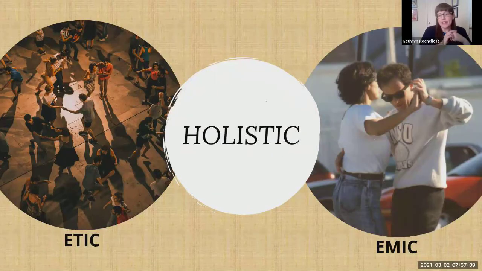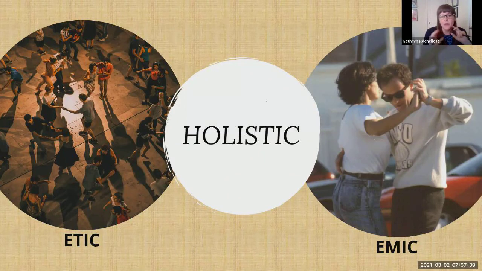So anthropology is really useful for looking at dance because we use two lenses. And using those two approaches means that it's a more holistic approach to dance. So on the left, we use an Etic approach, which means we really look from the outside. We're looking at the whole picture. What can you learn about this dance by learning about it from the outside? We're looking at the who, the what, the where, the why. And this is where we use movement observation.